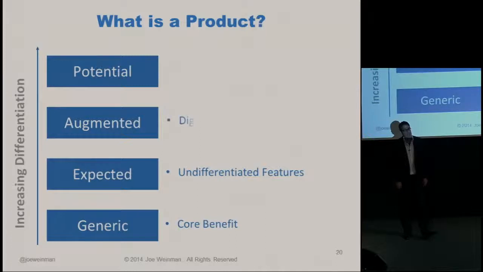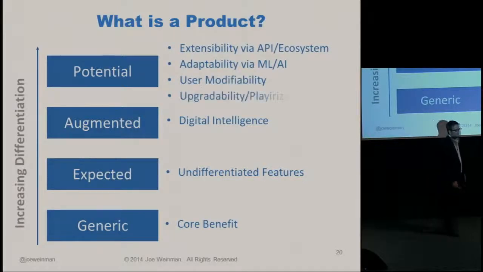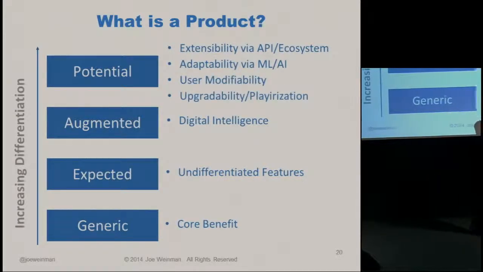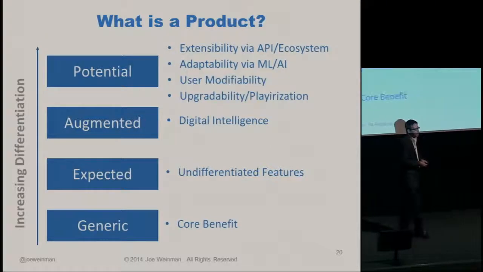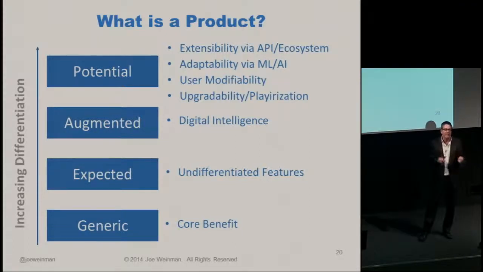When we get into augmentation, that really requires digital technologies. And when we get to that highest layer, there are several ways in which these products are now feasible and differentiated. And the point is that you're buying a product not just now, but for what it can be, thanks to digital technologies. An example is an iPad. It's not just a single device that you buy out of the box. The application ecosystem makes it extensible and expandable.